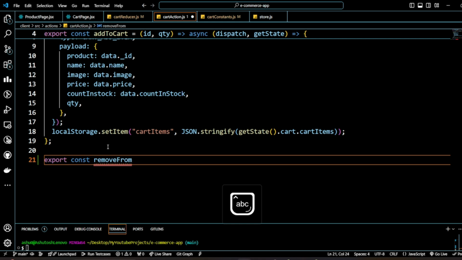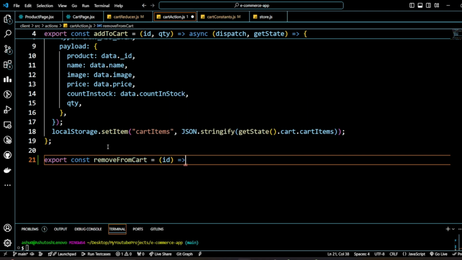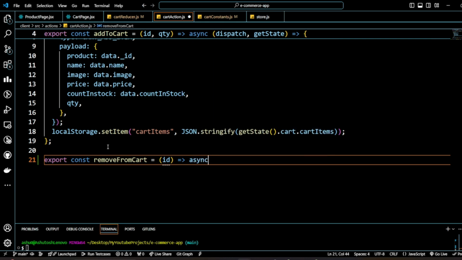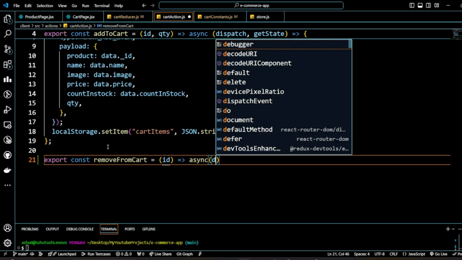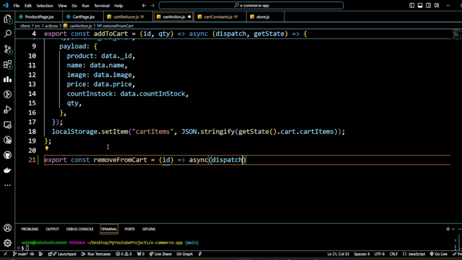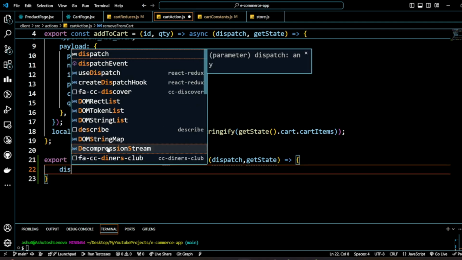Let's rename like that. removeFromCart equal to, we're going to take the ID and design the async function because there will be an API call, because we need the dispatch, and then after the dispatch we need getState. Remember that it's kind of like useSelector that will help to get part of the state. So dispatch